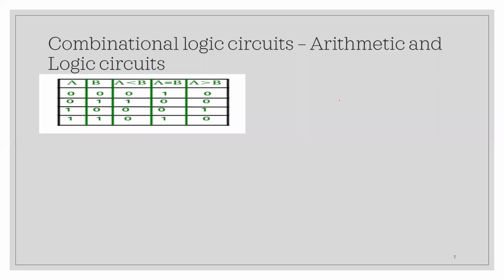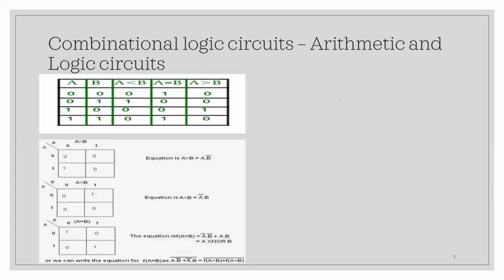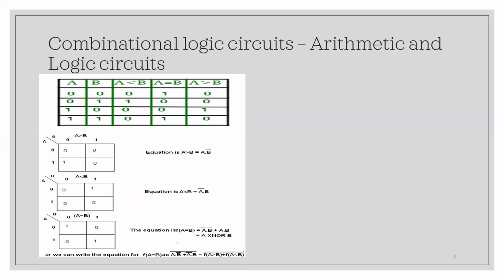I hope you remember how to obtain the expressions in this form. So that is what happens over here. Using a K-map, we can obtain it, or you can obtain it directly from the truth table. If the truth table is small, then we can obtain it from the truth table. But if it is huge, then you can go for any of the methods, whether K-map, QM, or any other method. I hope you know how to go ahead with K-map.